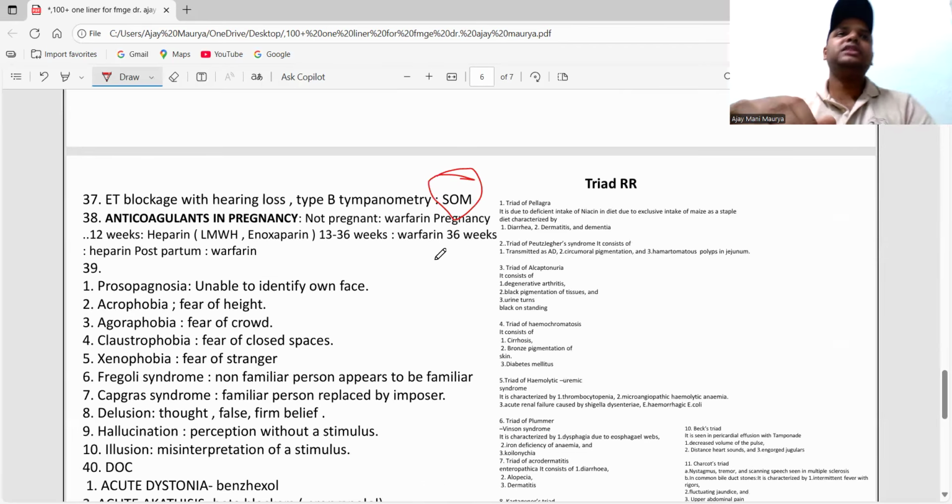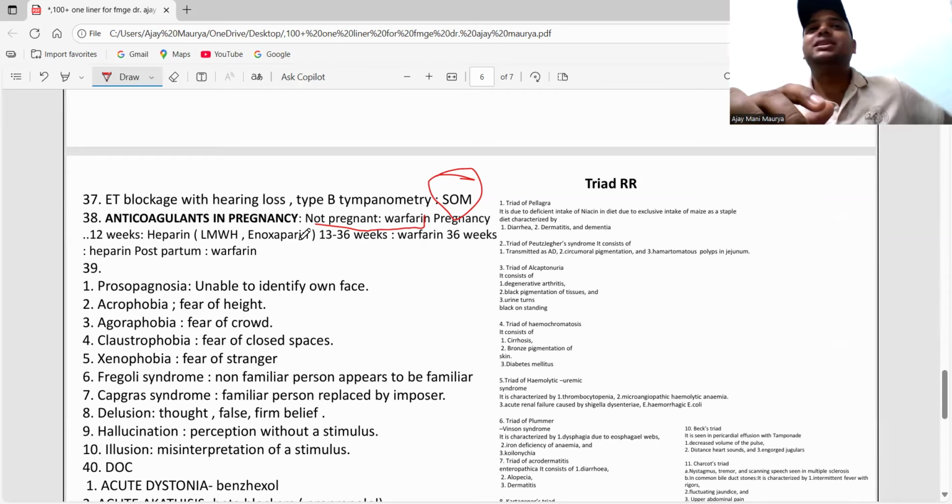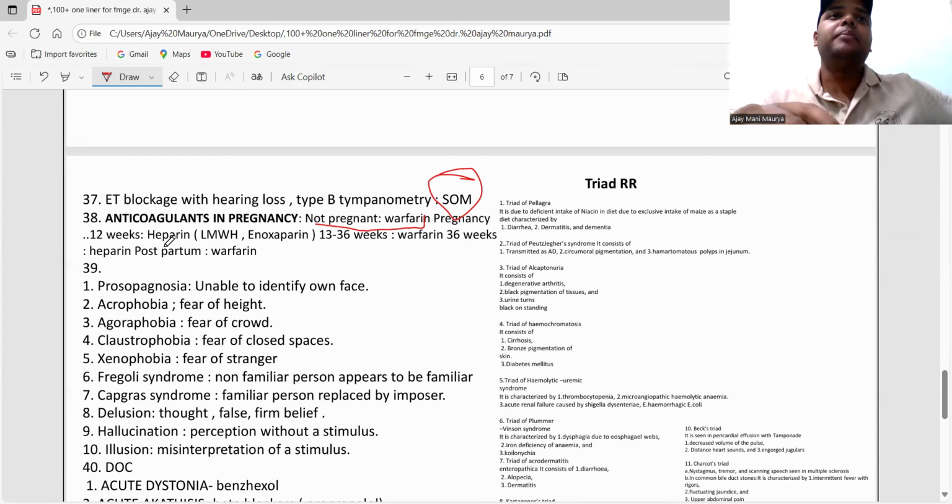Next is the anticoagulants in pregnancy. Listen carefully. Heparin is not given in... if the patient is not pregnant, then you can go with warfarin. In pregnancy, until 12 weeks, you have to give the heparin, because